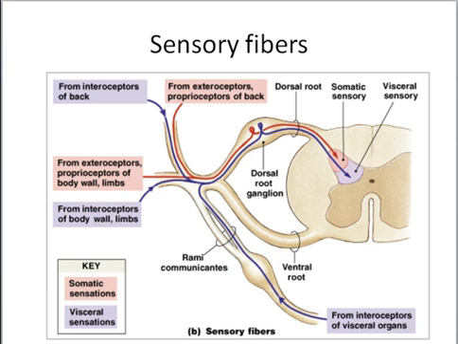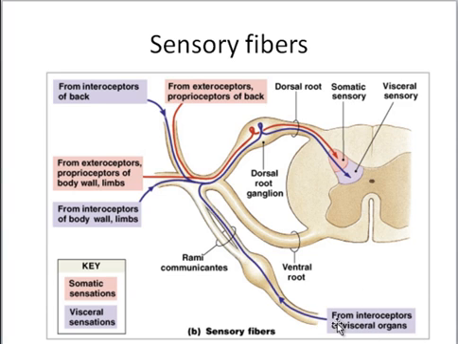Now let's just, as a review, look at sensory fibers. Whether the sensory fibers come from the body wall, whether they come from the anterior part of the body wall, exteroceptors, which means "out receptors," sense pain, temperature, all those kinds of sensations. Interoceptors are from blood vessels and organs. So whether they come from the back, from the skin of the body wall on the front or skin of the body wall of the back, whether they come from blood vessels of the back, whether they come from blood vessels of the front of the body wall,